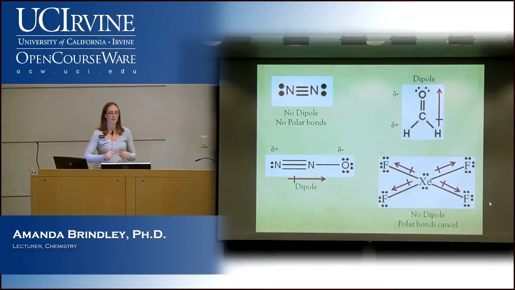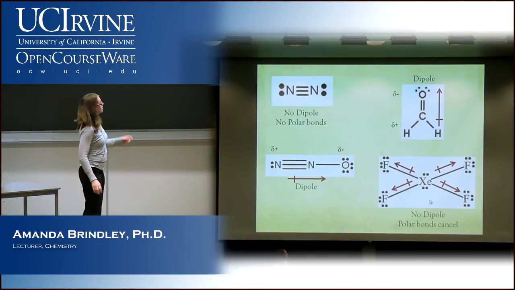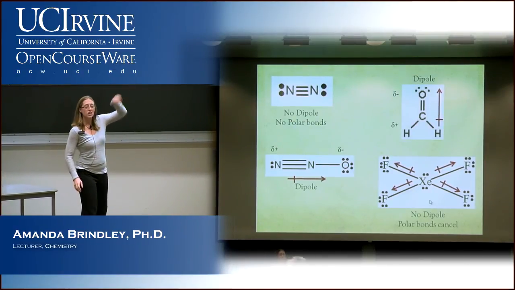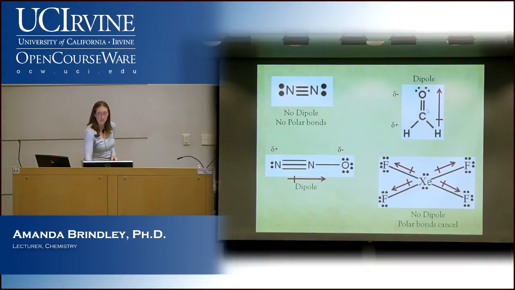Can you talk a little bit louder? I can't hear you. How do the H's factor in? For the most part, you can ignore the H's here because the difference between carbon and hydrogen electronegativity is really, really tiny. If you were to look up the numbers, I think it's like 0.3 or something like that, where the difference between carbon and oxygen is much higher. So you don't really have to worry about the carbon-hydrogen issue at all because it's such a small difference as compared to the carbon-oxygen, which is a really big difference.